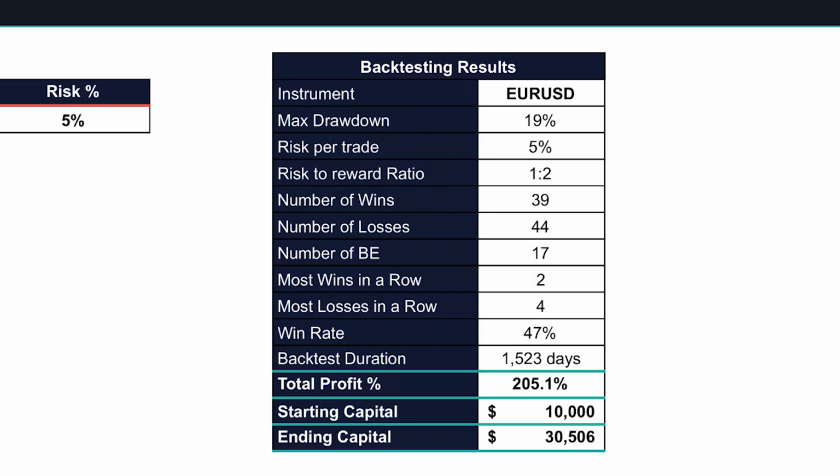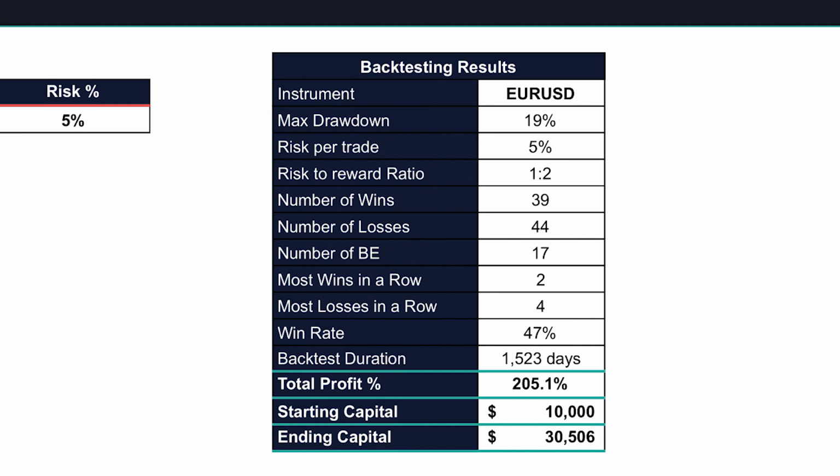So here you go, guys, the result for the backtest on euro dollar. We had a maximum drawdown of 19%. We were risking 5% per trade with a risk to reward ratio of 1:2. We had 39 wins, 44 losses, and 17 trades that ended up in break even over a bit more than 1,500 days. We had a maximum number of 2 wins in a row and 4 losses in a row. The total profit was